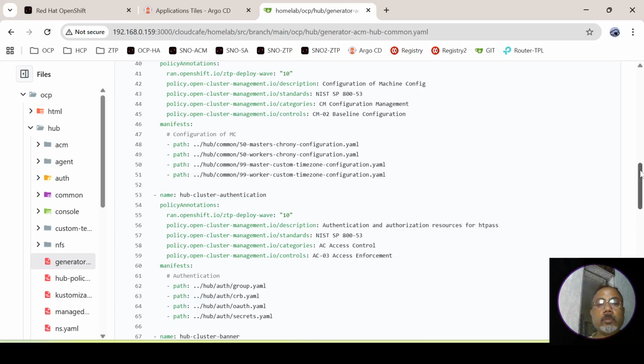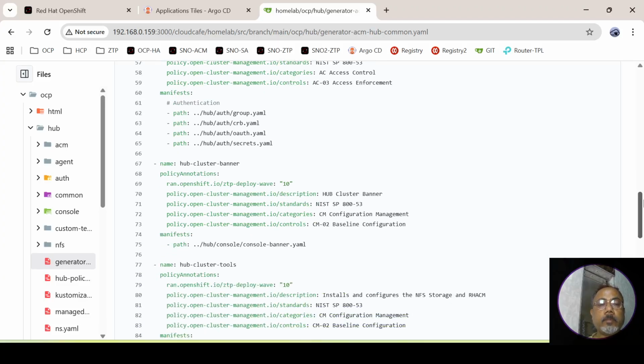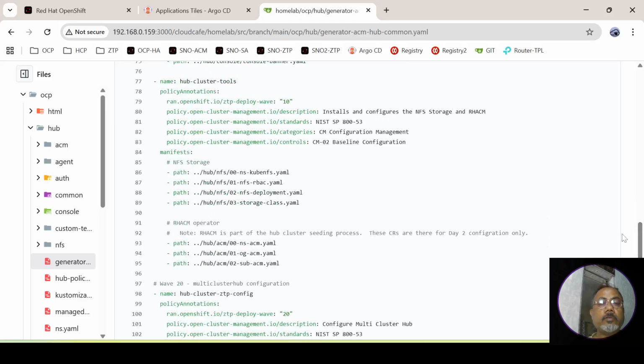Then auth setup, hub cluster auth setup. Then banner also it will set up, and a couple of tools it will install, like storage, NFS based storage, network setup,